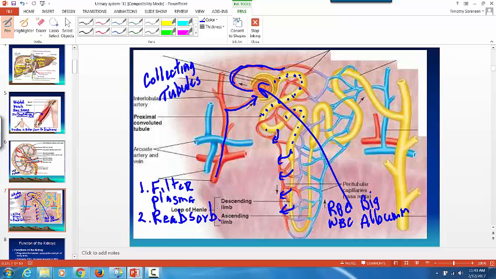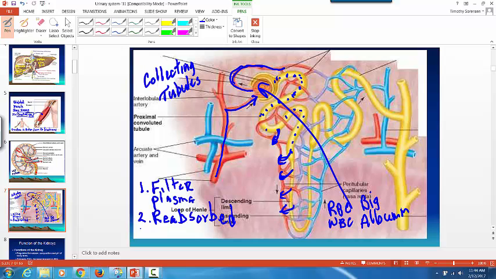Now, it got absorbed into your blood when you ate it from your GI tract. Now it's in your blood. Then the nephron filters it out of your blood, and then you have to bring it back into your blood. So if it was already in the blood, then it got filtered out by the glomerulus into the little collecting tubules, and now it has to be brought back in. So that's why it's reabsorbed,